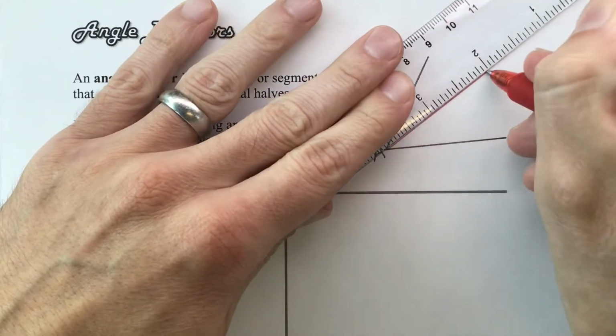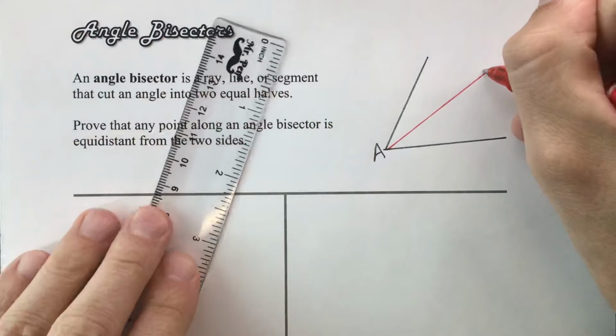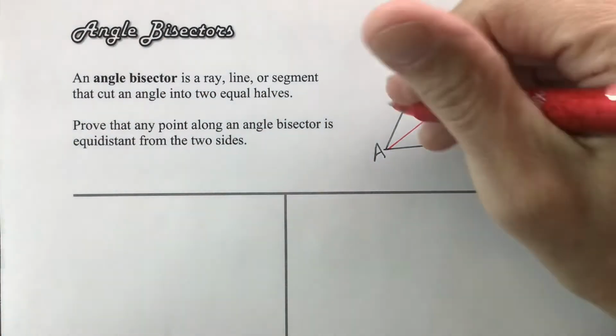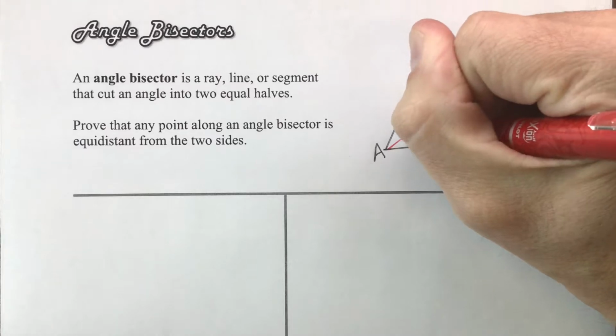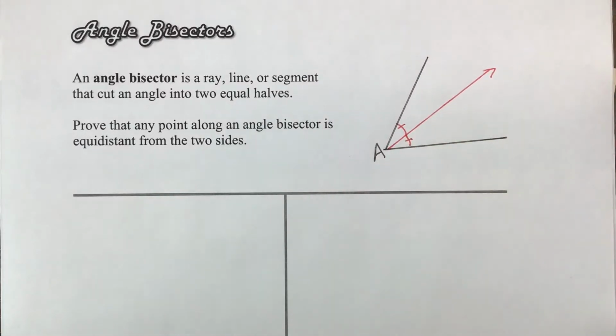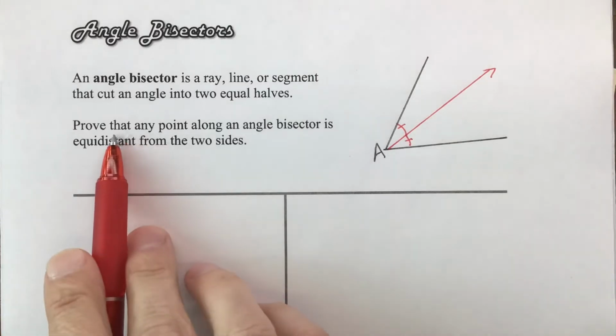I'm not going to use a protractor. What I'm going to do here is just eyeball it. So that would be an angle bisector. It will break it into two equal parts, which would mean that each of these are the same size, so that would be congruent. All right, now an angle bisector has a property to it, which is this, that any